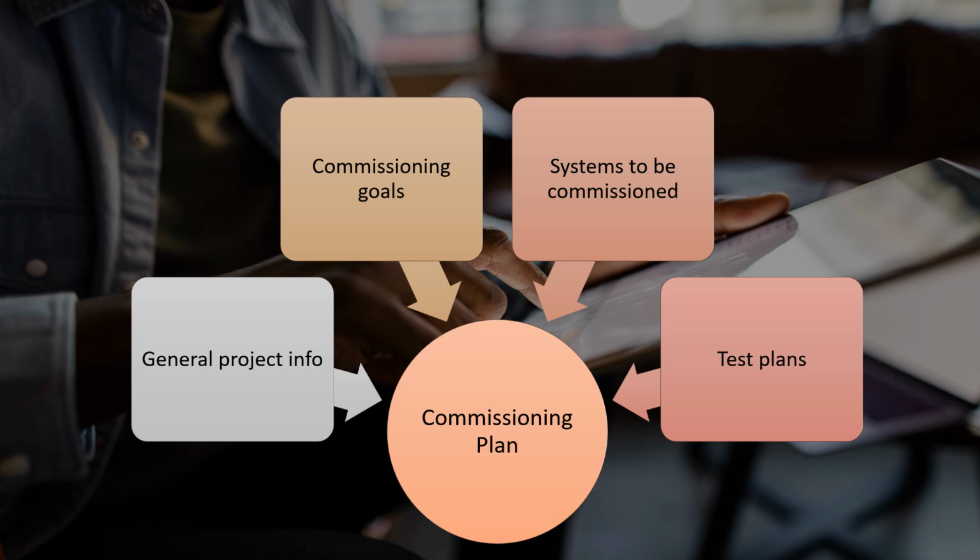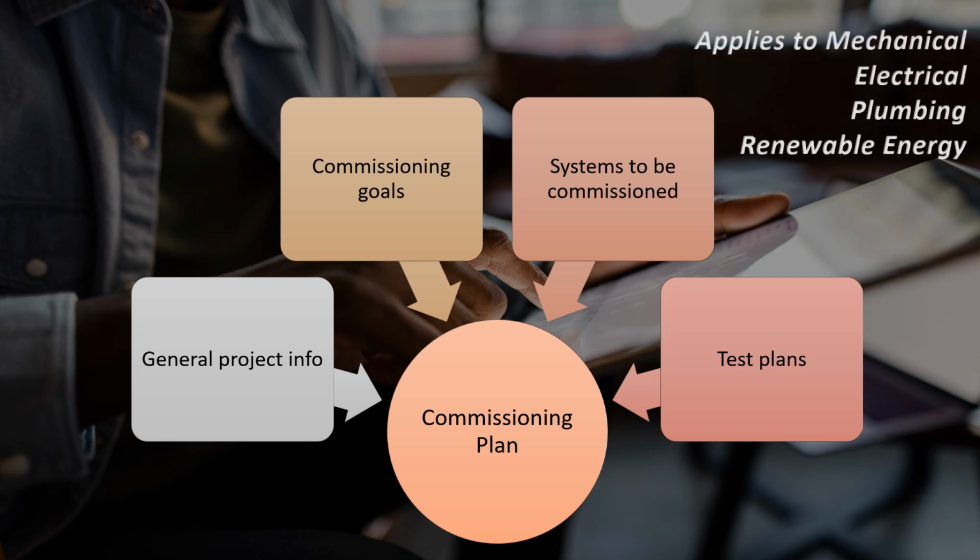Most activities of fundamental building system commissioning happen during the equipment startup and project closeout, and they apply to mechanical, electrical, plumbing, and renewable energy systems. The commissioning plan is started during the design phase of the building project and is written prior to receiving the permits for the project. The commissioning plan includes some general project information, the commissioning goals, the systems to be commissioned,